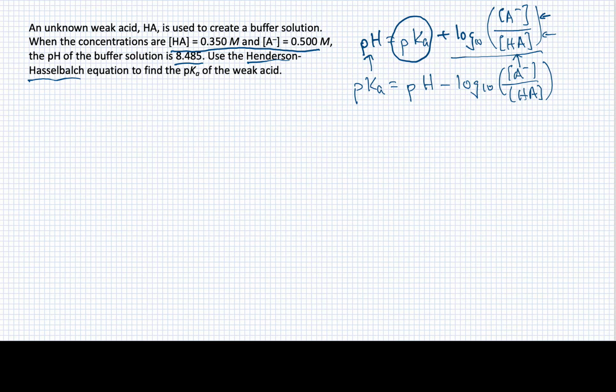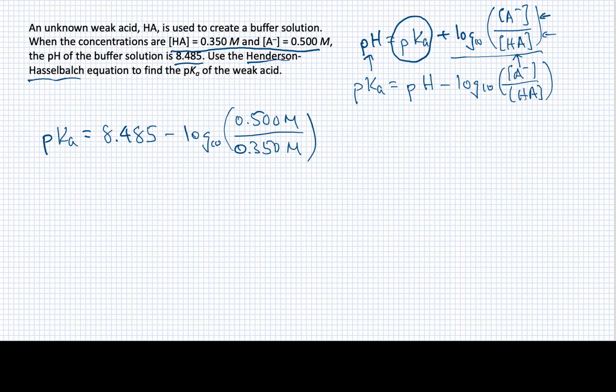So now how would we fill this out? Well, what I want is pKa. What I have as pH is 8.485. I have log base 10 of the ratio of 0.5 molar divided by 0.350 molar. And so when I figure this out, I'm going to get 8.485, and when I calculate this ratio and take the log of it, I should get